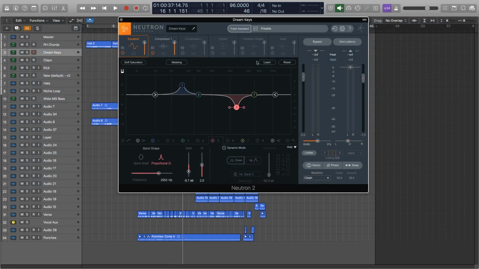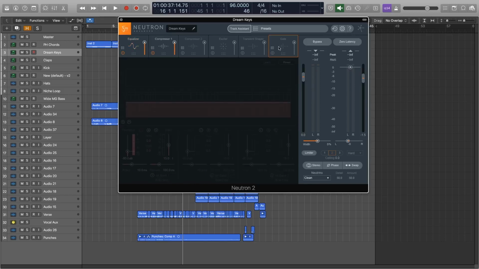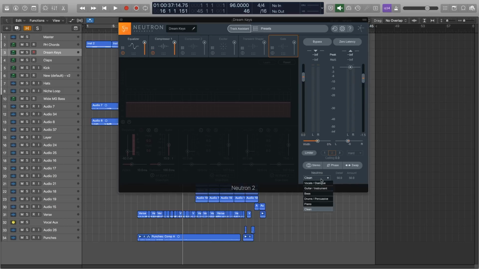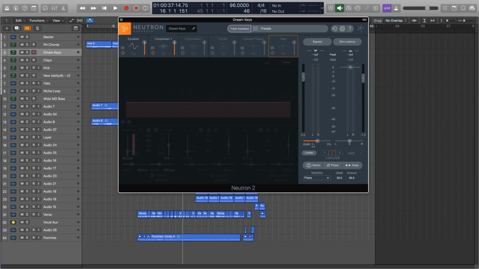All right, so that is a first look at some of the new features in Neutron 2 Advanced from iZotope. Most notably, we have a new module for our chain, which is the multiband gate. We also have some improvements to the Neutrino technology, including a new piano mode. There's also width and left and right panning controls directly from any of our Neutron instances. We also have this really cool inter-plugin communication technology. It's going to give you a lot of flexibility over your individual tracks as well as the entire tonal balance